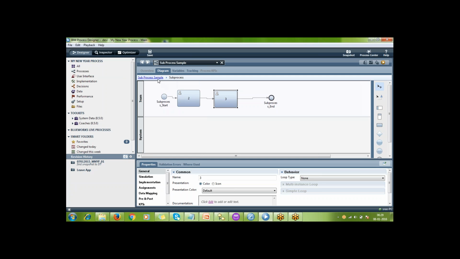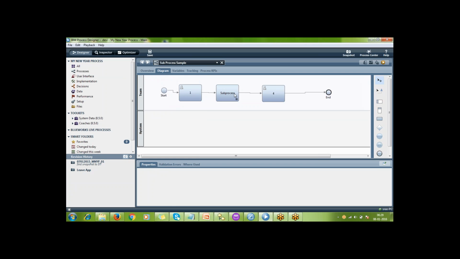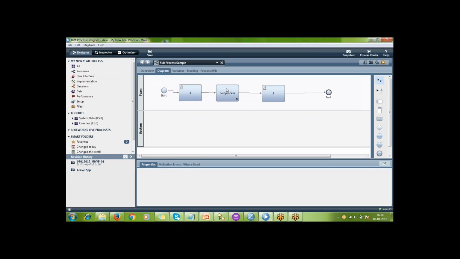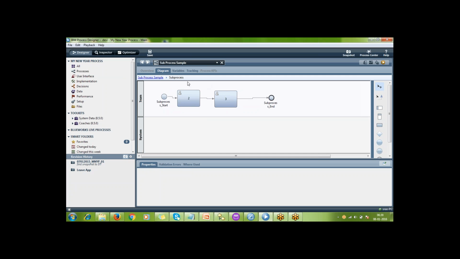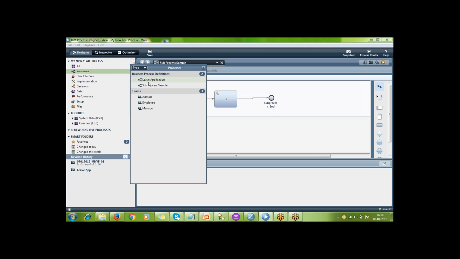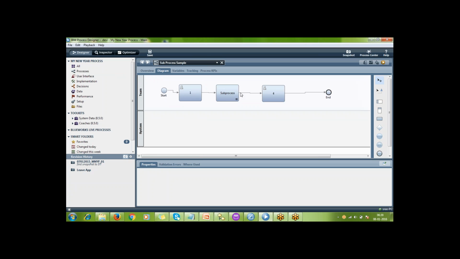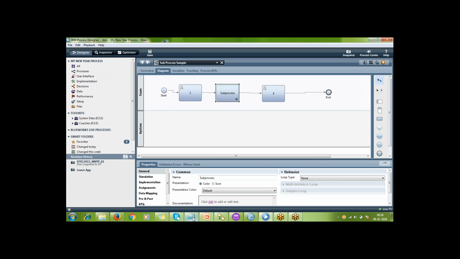That means whatever BPD you are seeing inside this sub process is limited only to this activity. You have created this BPD. Can somebody use this BPD, use your child process? No, nobody can use your child process. Why? Because I can't see it anywhere. I don't have that BPD. So what you can say is sub process is not reusable. So let me write some observations here.